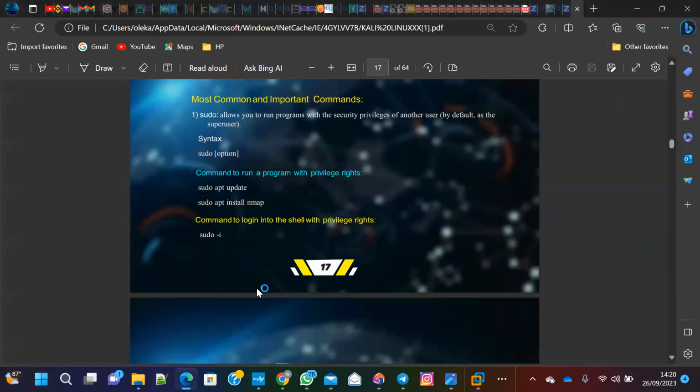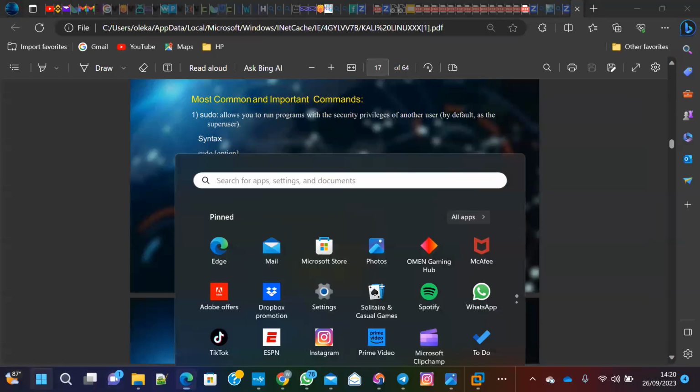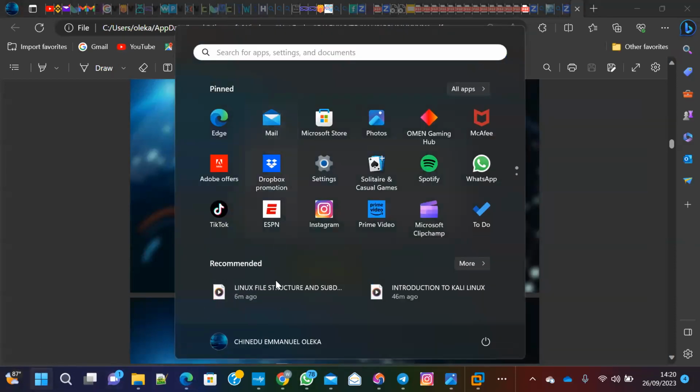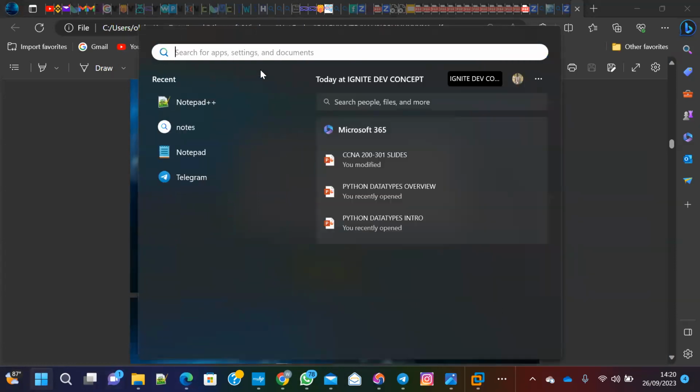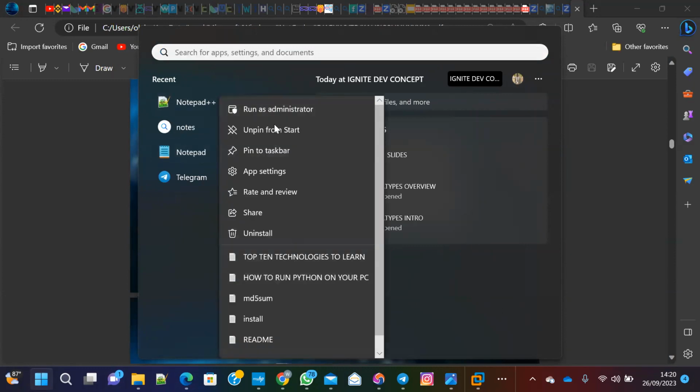Okay, I'm sorry, because this was a mistake. This is my Windows. So, let's say I want to open Notes. If you right click on it, you will see the drop down that will pop up, and you have run as administrator. So when you click run as administrator, or when you are running a program as an administrator, what does it mean? It simply means that Notepad will open or should start up with the privilege of the